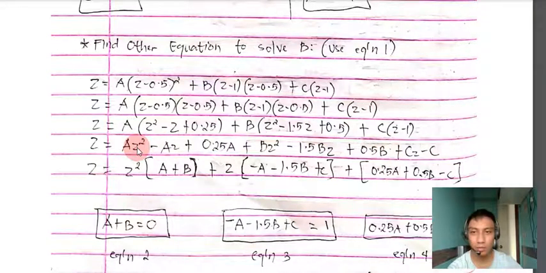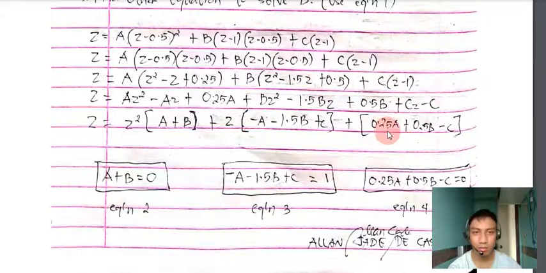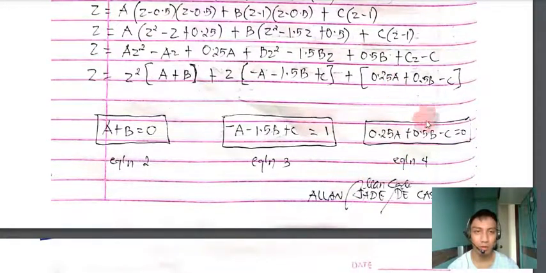So let us group together all the z squared terms. So we have A plus B, that is the z squared coefficient. Then same goes here for z. We have z coefficient: negative A minus 1.5B plus C. Then the rest are the constants. So equating this, since the z squared coefficient on the left hand side is 0, we have equation 2, A plus B equals 0. And then for z, its quantity on the left is 1. So equation 3 is negative A minus 1.5B plus C equals 1. And equation 4, since there is no constant on the left side, so 0: 0.25A